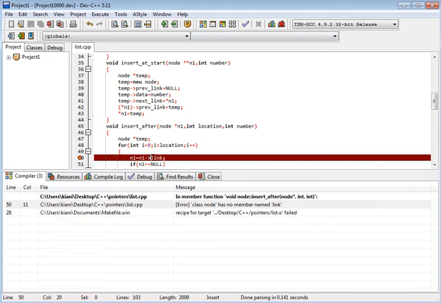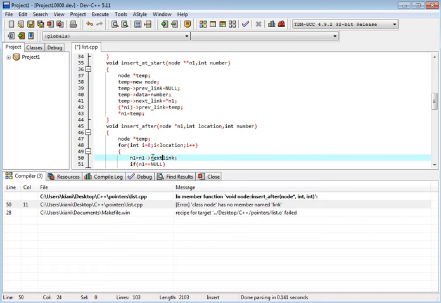We had this was not declared. Okay, this is temp1, right? This is temp1. We have previous link. This is previous link.